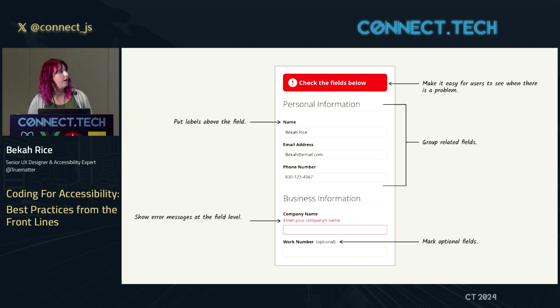And that is this, to have a big red box at the top because people sometimes don't see the error messages. This one I'm not going to miss. And to show the error message above the field label here. So this is also based on some eye tracking studies that we've looked at, and this is tested the best. But it also just works for a lot of different situations and can be done in such a way where the label is beside the field and you can still use this pattern.